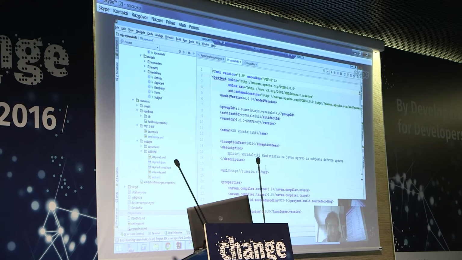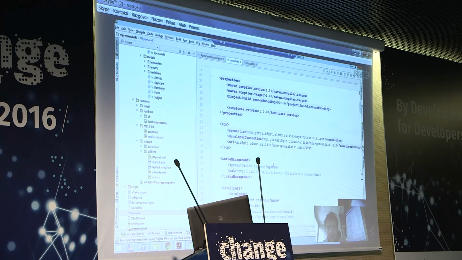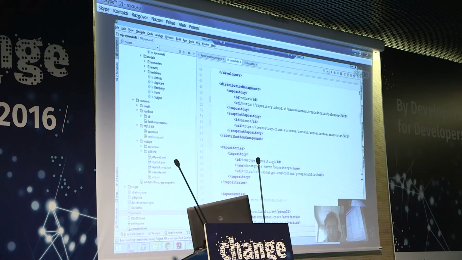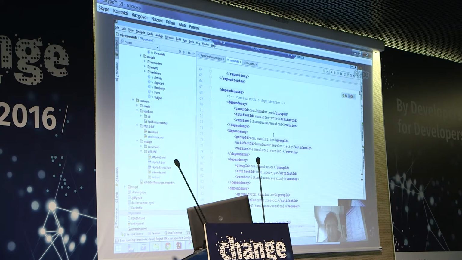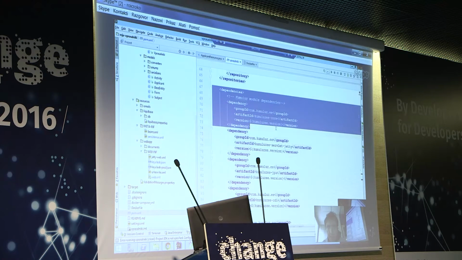I'm showing you this on a concrete example of a questionnaire application used by the Slovenian government, which has now set up the Slovenian state government cloud. But this is another topic. Let's just stick with the microservices. So you have a standard POM XML definition. And the only thing that you need to add to use Kumuluz are those dependencies.